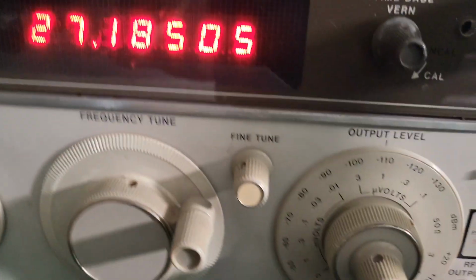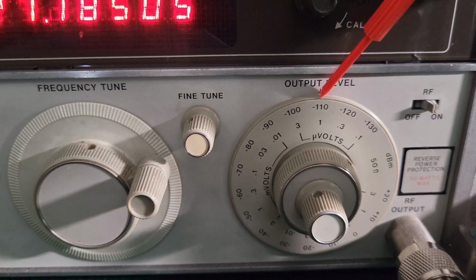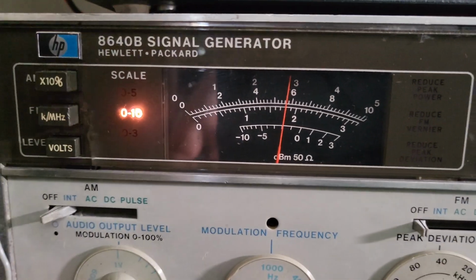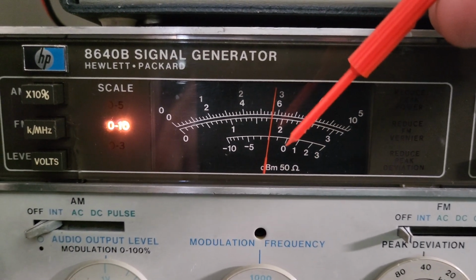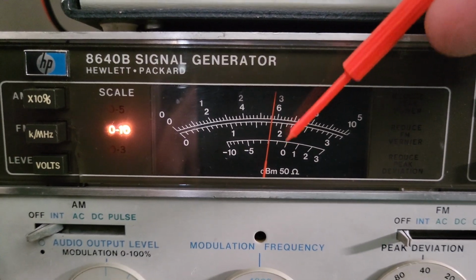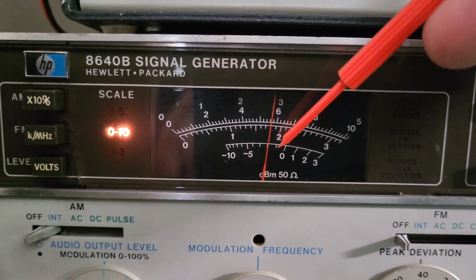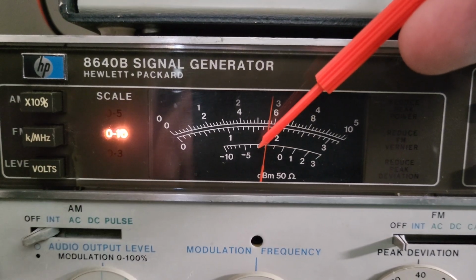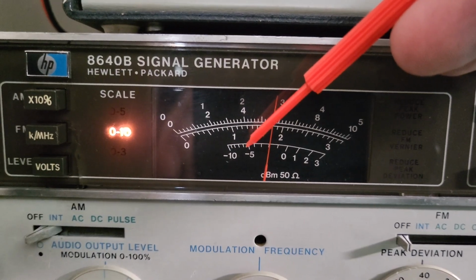So your dB output, this is minus 110 right there at that hash mark. And then this is your adjustment right here. But when you go to the scale, it's the bottom scale, not the top. It's going to be the bottom scale. So you can see that the 0 mark here, that is minus 110 in this case. And then that would be minus 111, minus 112, minus 113, minus 114, minus 115, and so on, 16, 17,